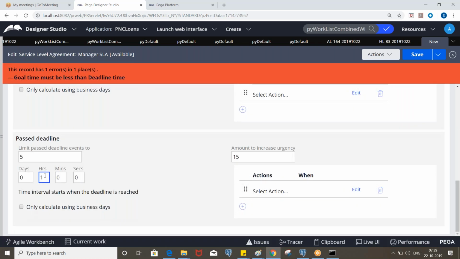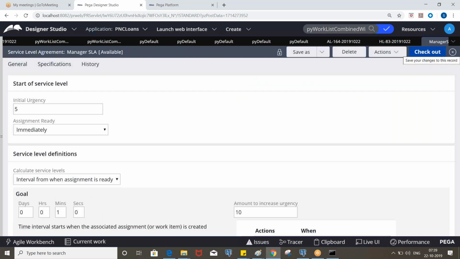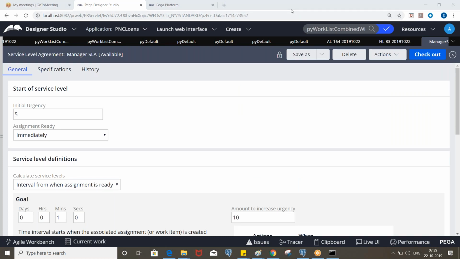So now let's specify 1 minute as the goal time and 2 minutes as the deadline time, and again pass the deadline time is 1 minute. Let's say number of events 3. Click on save. Okay, and so we need to invoke it on the assignment. Just give me 1 minute, I will come back.